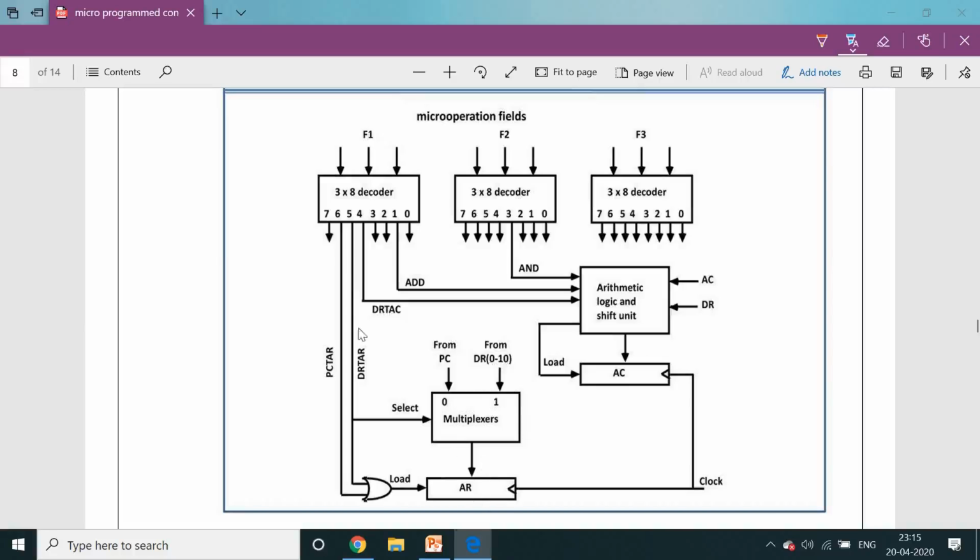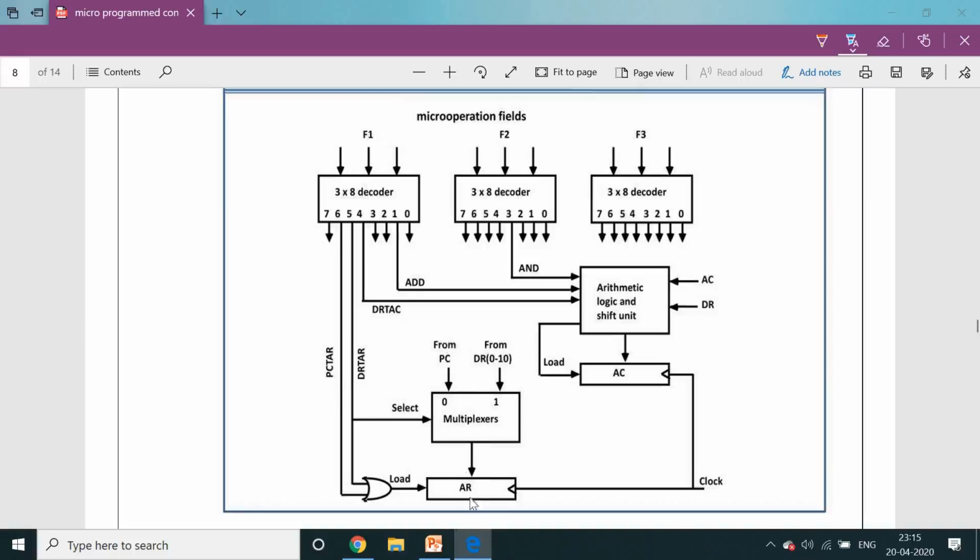This action will be performed. For example, if this line carries 0, what will happen? That means this DR to AR operation is not performed. If it carries 0, this multiplexer output is connected to the PC. So from the PC we hold those binary values inside the AR register, that means PC to AR.